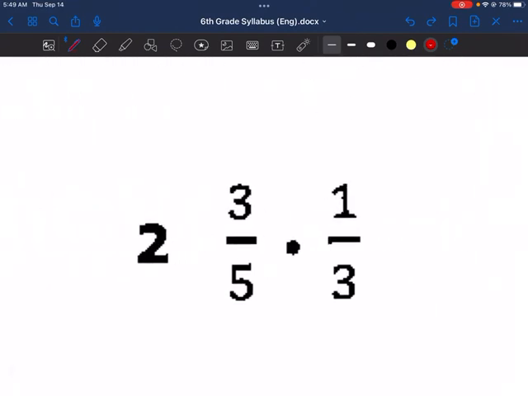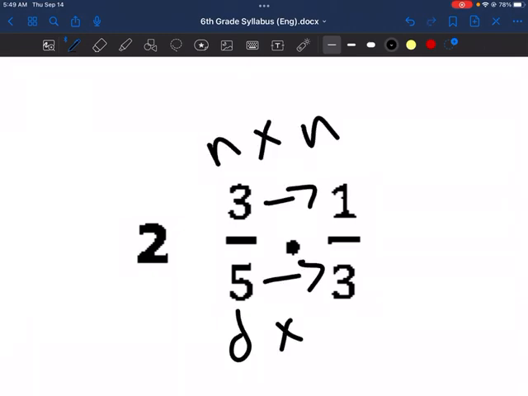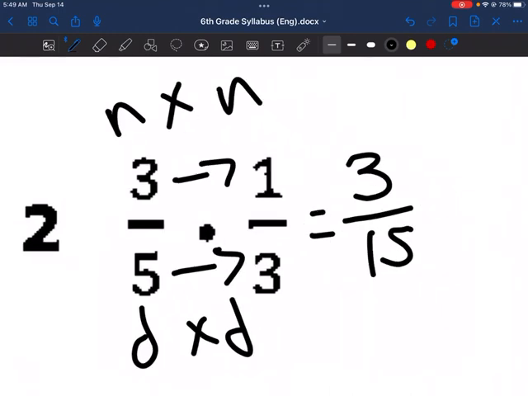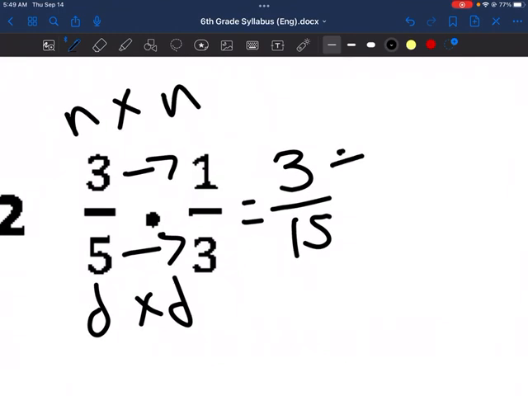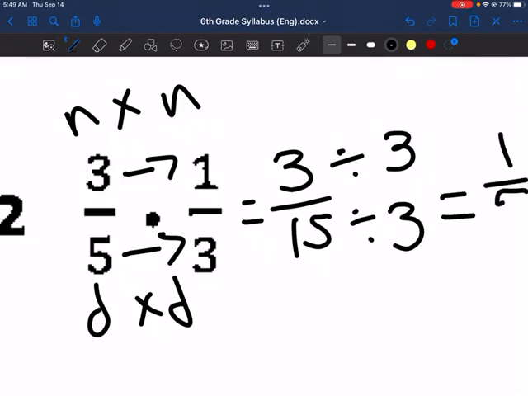Now, multiply numerator times numerator, denominator times denominator. 3 times 1, 3. 5 times 3, 15. Can we reduce this? Yes. What can I divide by? 3. So 3 divided by 3 is 1. 15 divided by 3, 5. Ahora,